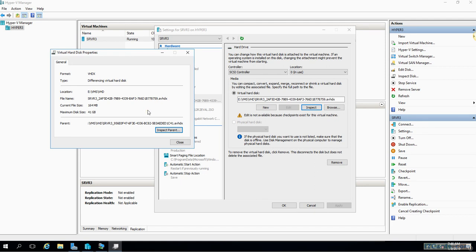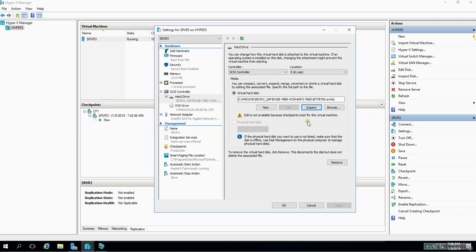So checkpoints, don't forget, create differencing disks, and differencing disks, as we know, have a parent disk and a child disk. And once you delete all snapshots or checkpoints, everything is merged into a single file, which is also called consolidating